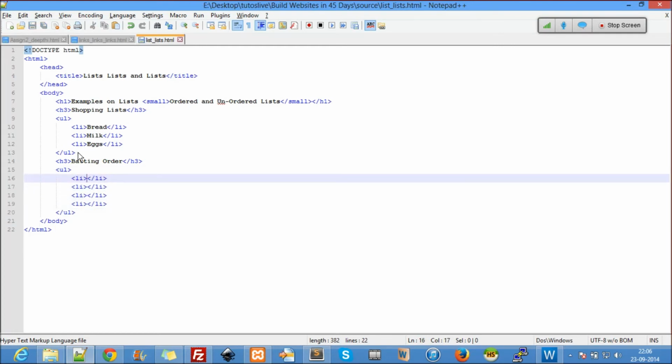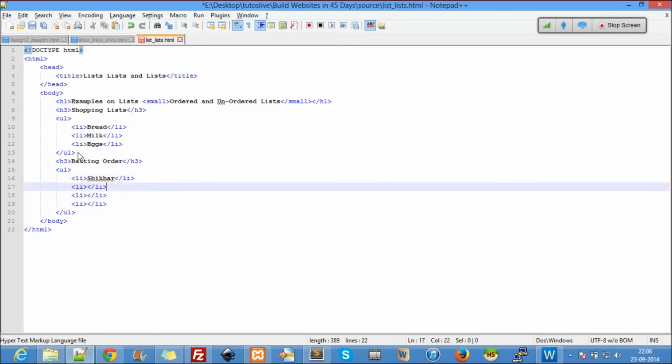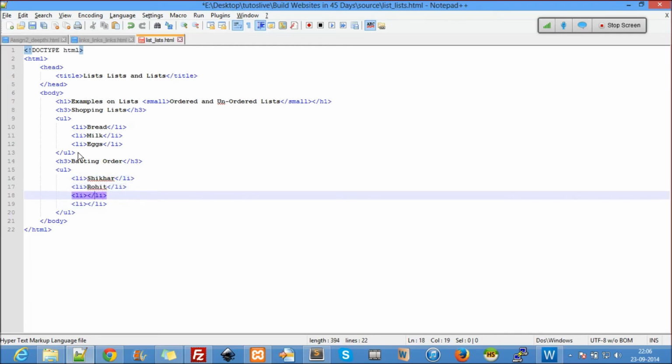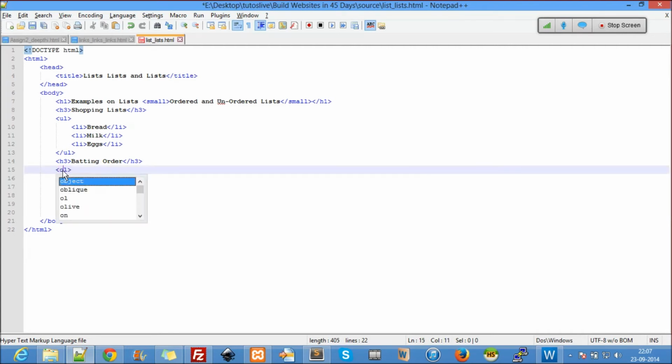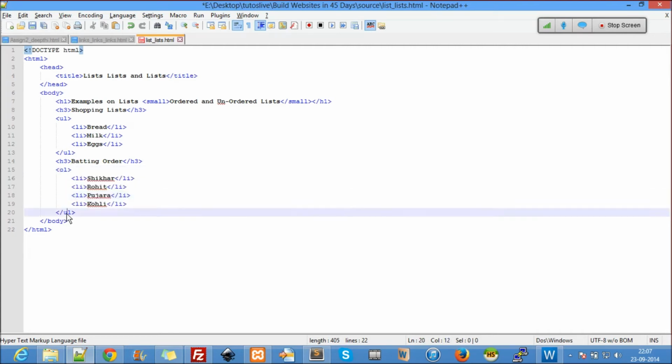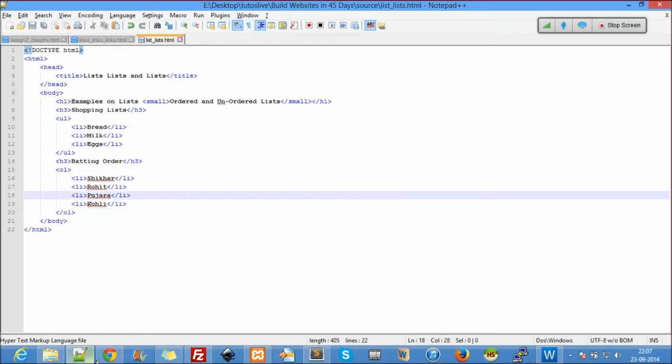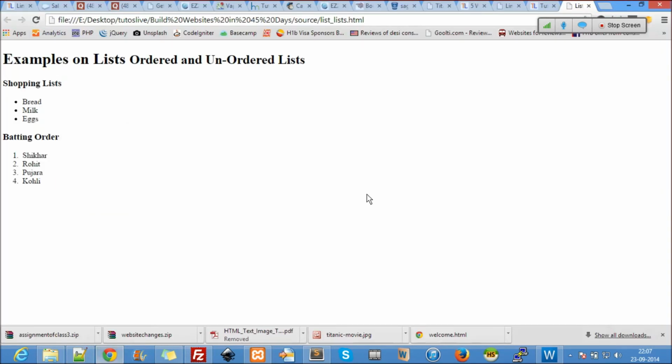So here Shikhar, Rohit, Jara, Kohli. Okay, I'm sorry, my bad, this is OL, ordered list. So let's see. Now see, 1 2 3 4. That's the only difference, ordered list and unordered list. Any questions here?